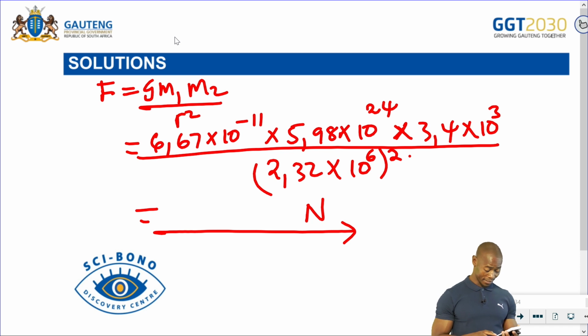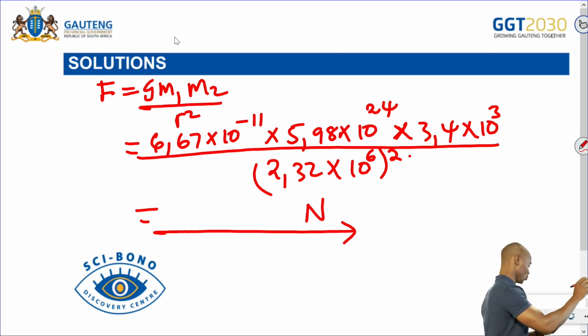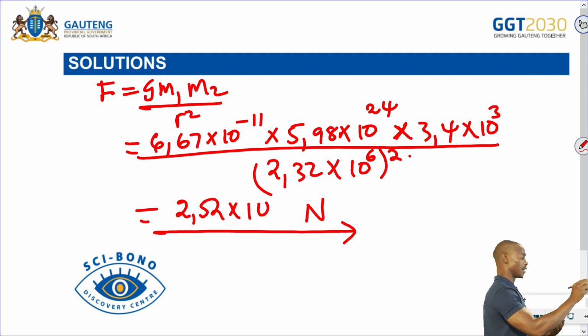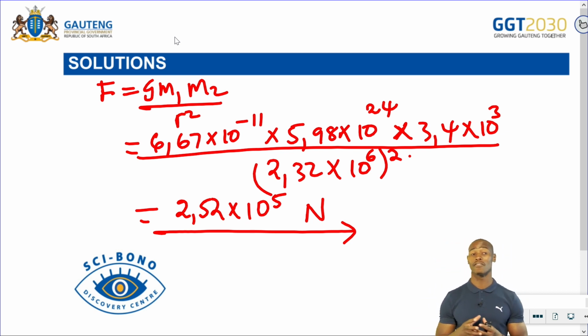Okay, divide that by 2.32 exponent 6, all squared. Okay, so here I'm having 2.52 times 10 to the power 5 newtons. So that is the gravitational force between the satellite and the planet Earth,